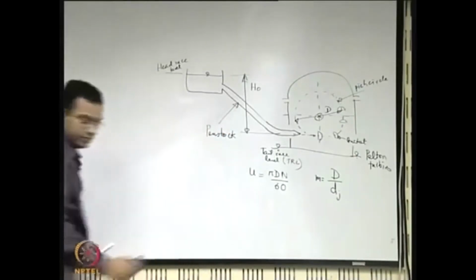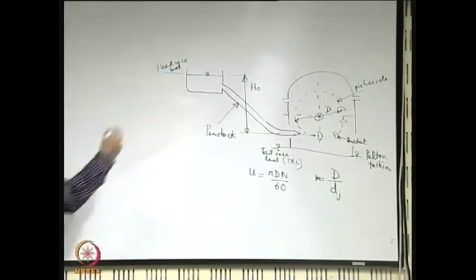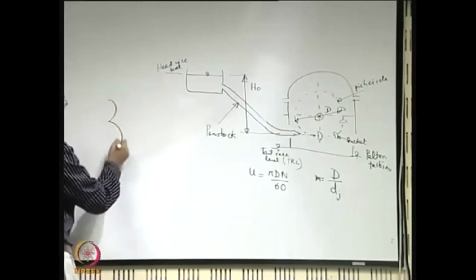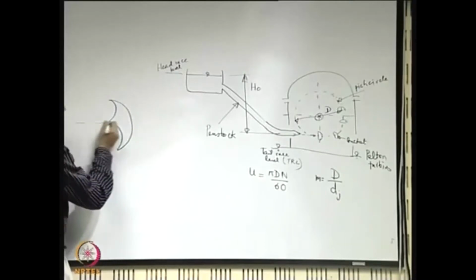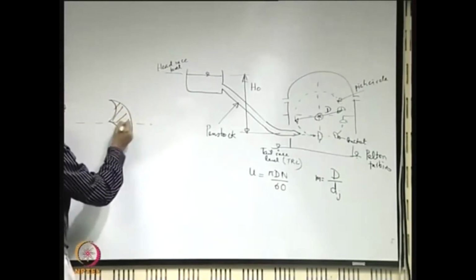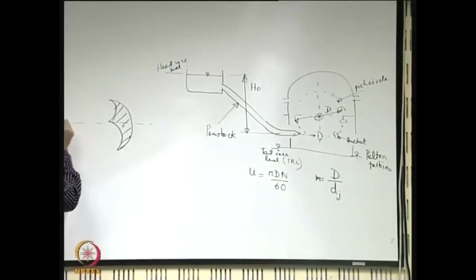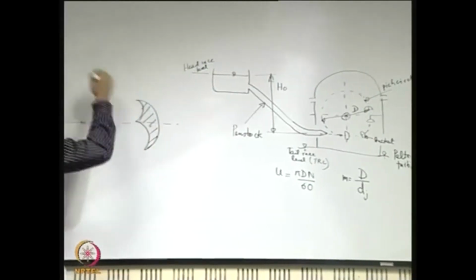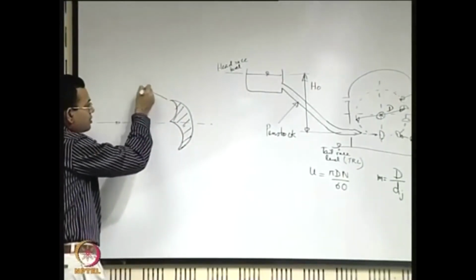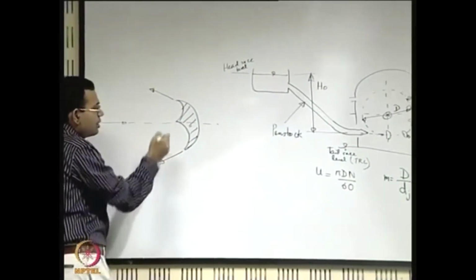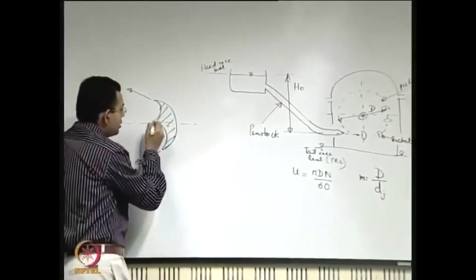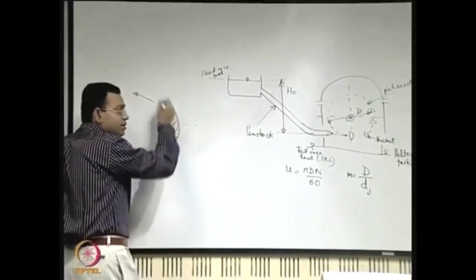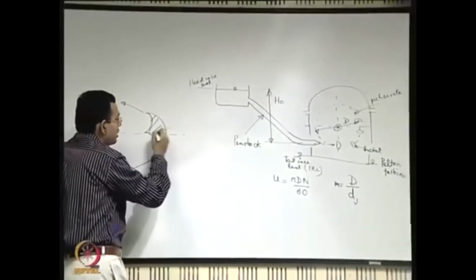Now, what we will do here is we will consider some of the basic theoretical aspects of the performance of the buckets. If you draw the bucket in the way in which it is facing the fluid, it is something like this. So, this is the bucket, the water is coming from this side, it is interacting with the bucket and the bucket is deflecting it. So, actually the water jet which is coming is getting split into two parts, and there is a particular structure which allows it to split into two parts. This is known as a splitter ridge.